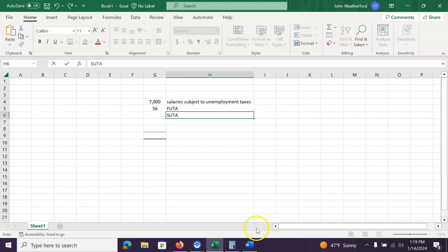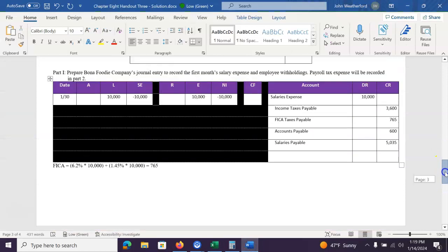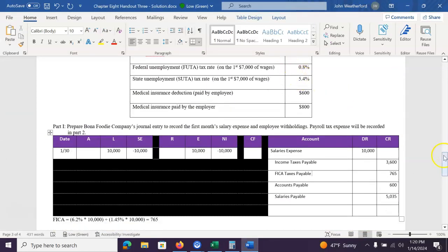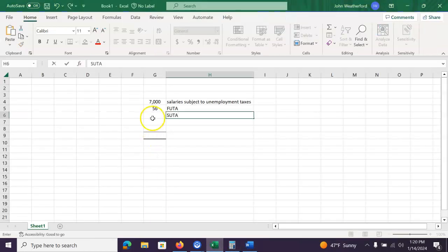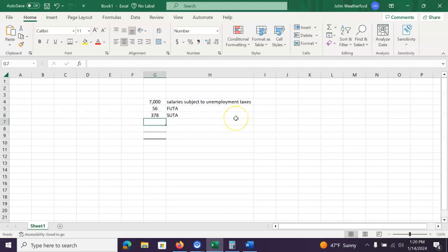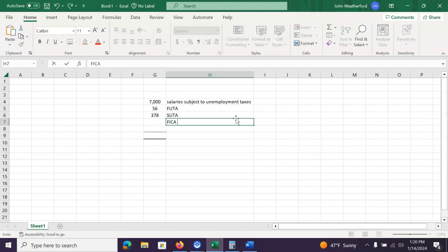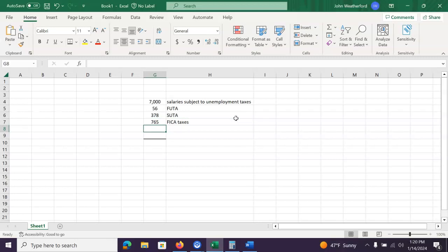The state unemployment, let me check that rate. I believe it was 5.4%. Yes, 5.4%. So that one's equal to 7,000 times 0.054. So the state unemployment is $378. And then we know what the FICA taxes paid by the employee and the employer, in this case the employer, are $765. You guys, so if we total those,